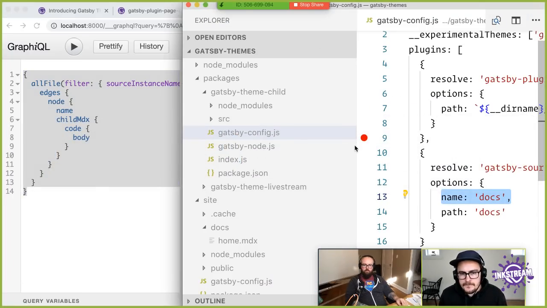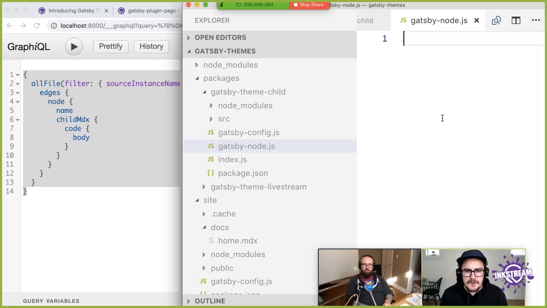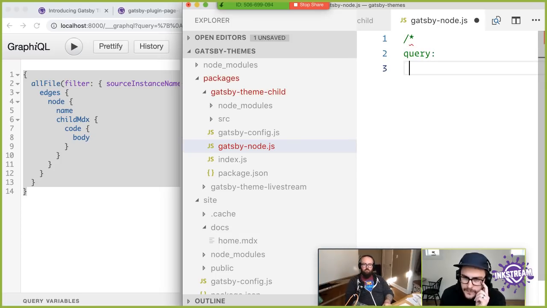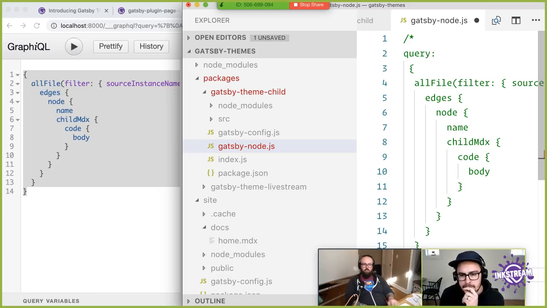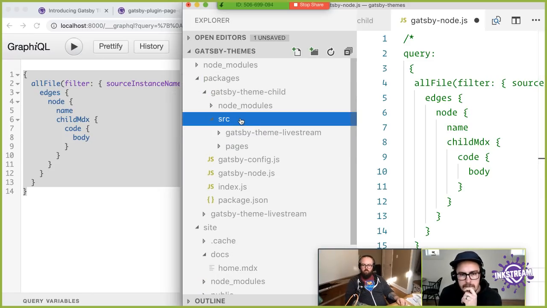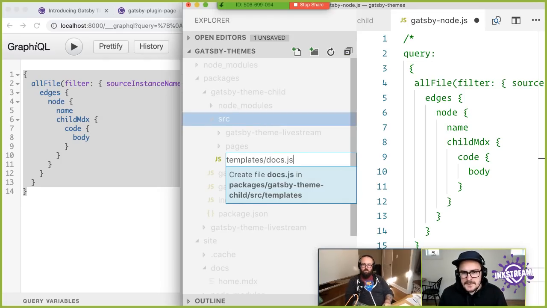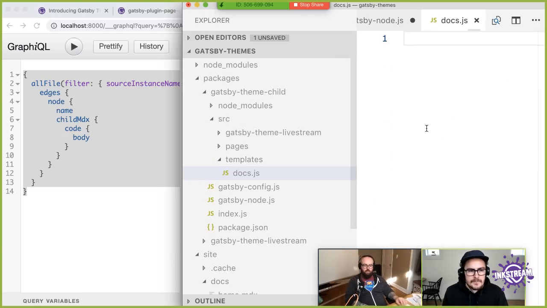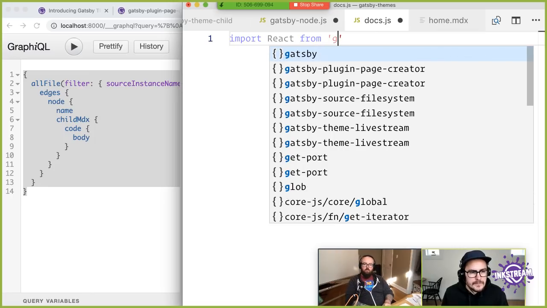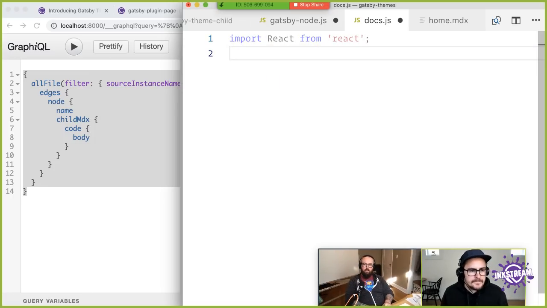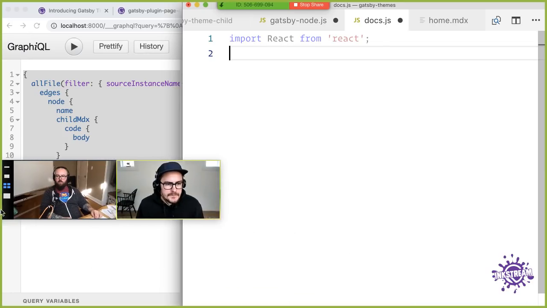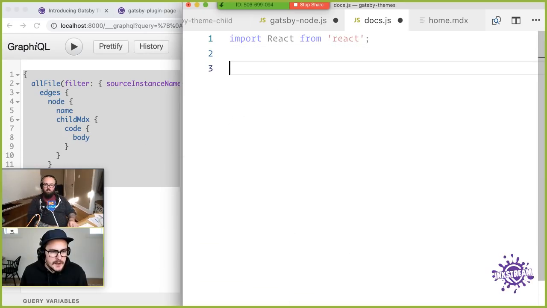Okay, so in source, we can do a template. We're going to do a template, and we'll call it docs. This is going to be a React component. Okay, then what happens? And then, so we'll want to, where is the,